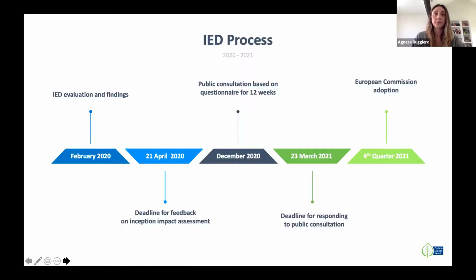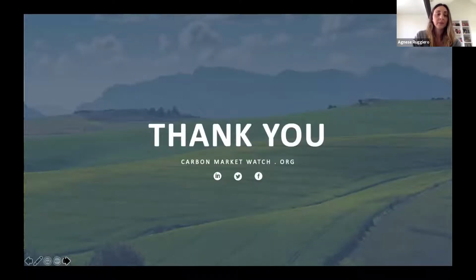What's important, what we've launched also together with EEB and Friends of the Earth and ClientEarth and others, is this petition that was shown before. It's also to ask for this, to include greenhouse gas emissions under the Industrial Emissions Directive, to put a limit, not only a market-based system to reduce emissions, but also a limit on what can be emitted by industry. So I hope that was clear enough, and I'm happy to answer questions.